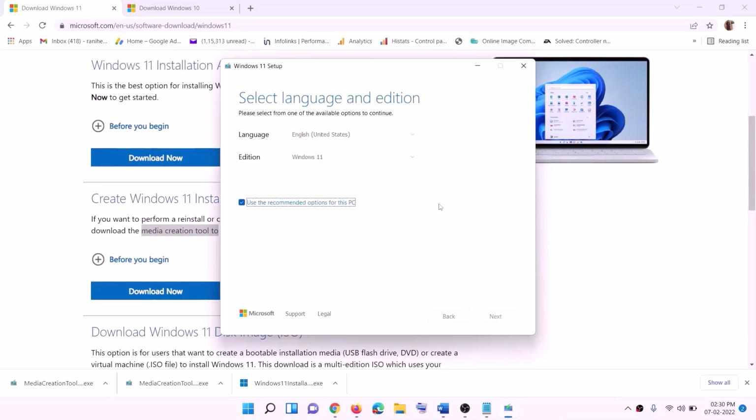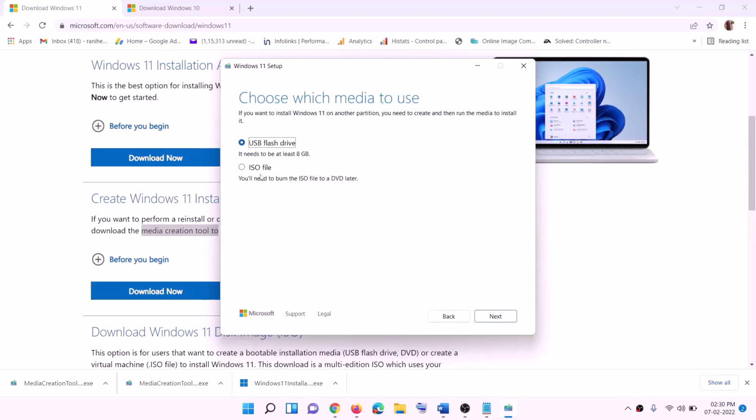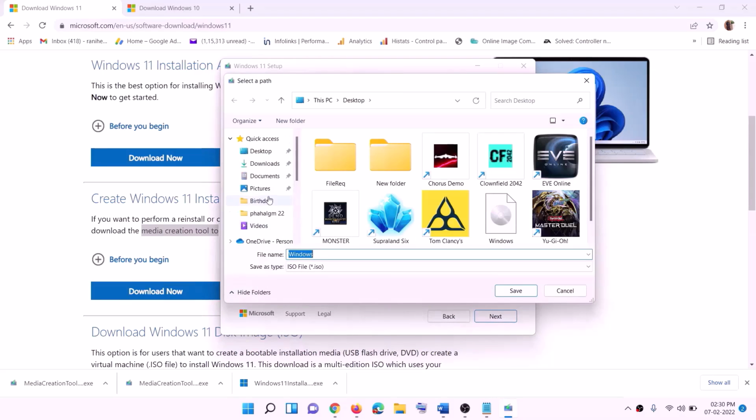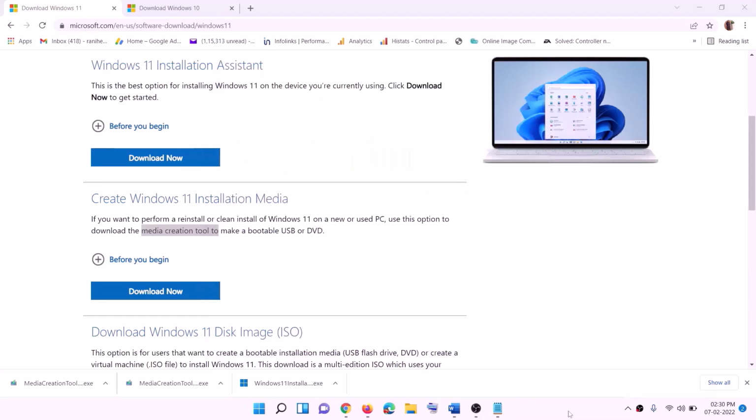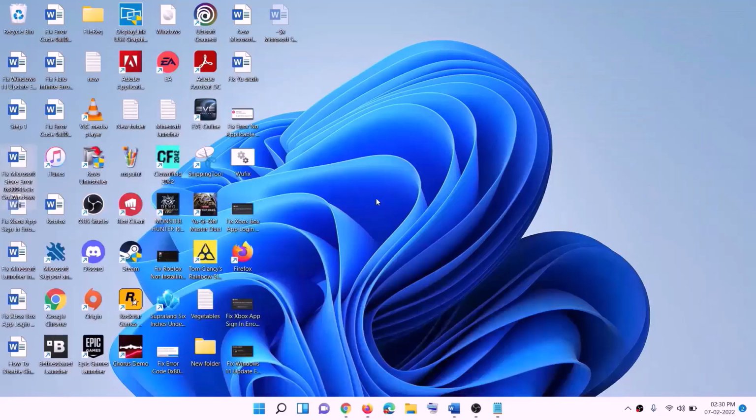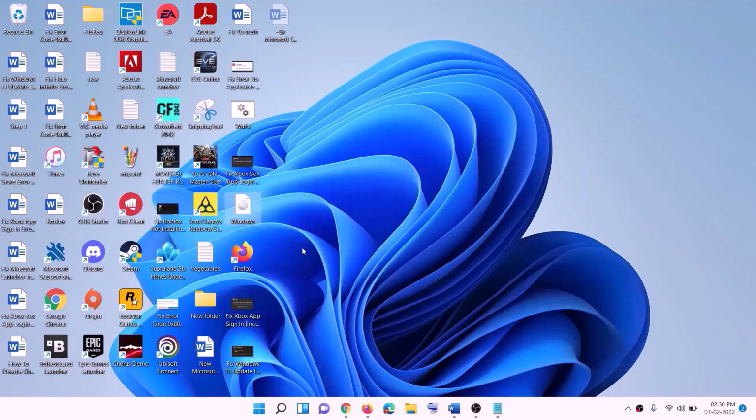Now click on accept. By default, Windows 11 would be selected. Click on next. Select ISO file, then click on next. You can save the location. You can set the location as desktop, and then click on save over here. Now once the download is complete, click on finish, and then go to desktop, find Windows ISO file, make a double click on Windows ISO file,